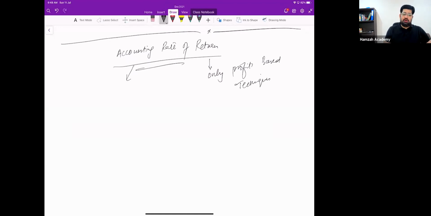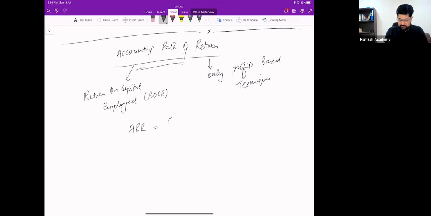Actually, it is also called return on capital employed. You may have studied that in your earlier studies. ROS. So, how is it calculated? It is basically the percentage return on investment. How is it calculated? ARR is equal to